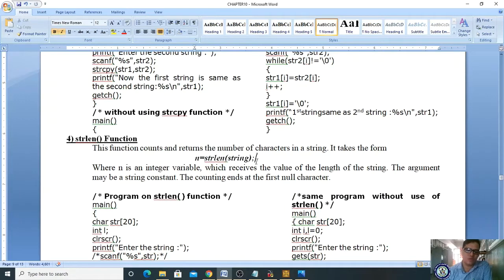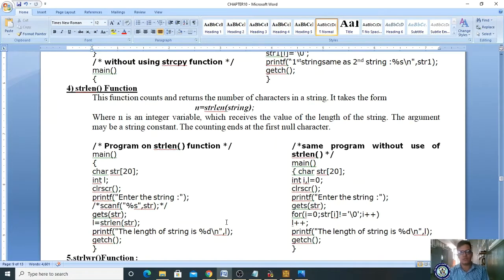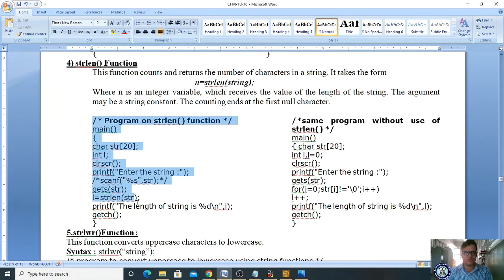For example, if I write SMC, what is the length of SMC? 3. So automatically in N it will store 3. Okay, got it? So likewise it will store integer values. It counts the number of characters present in your string. Now let us see the sample program related to the strlen function. strlen stands for string length.